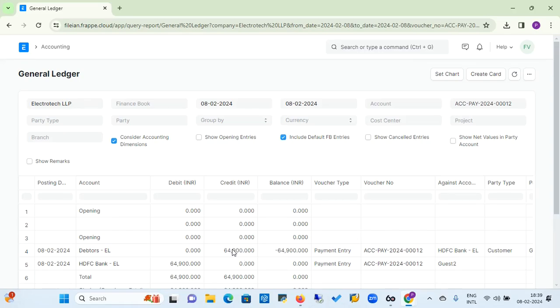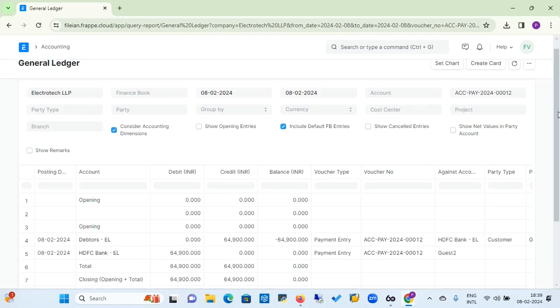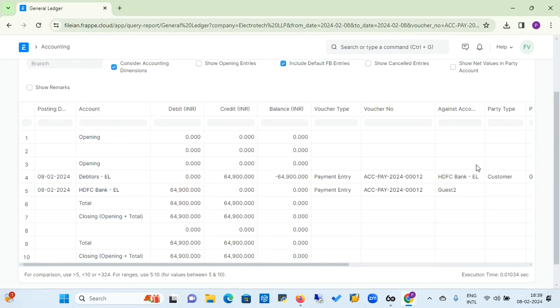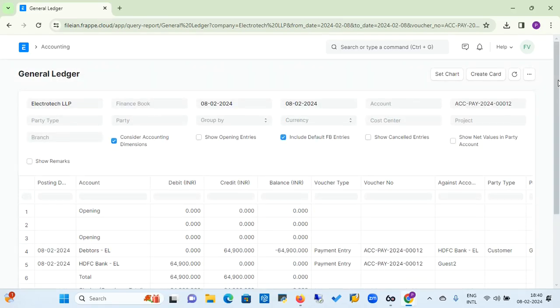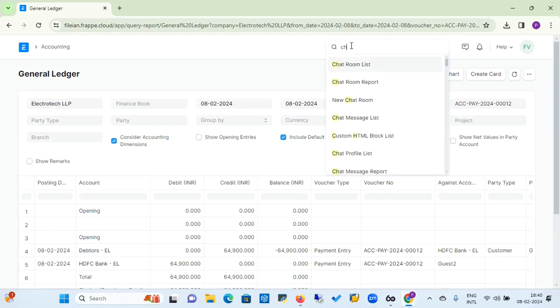That means the debtor has paid, or the customer has paid us the outstanding amount, and our bank account gets debited worth rupees 64,900 and our closing balance becomes 0. So this way you can check the ledgers. On the other hand, if you go to the chart of accounts tree structure,